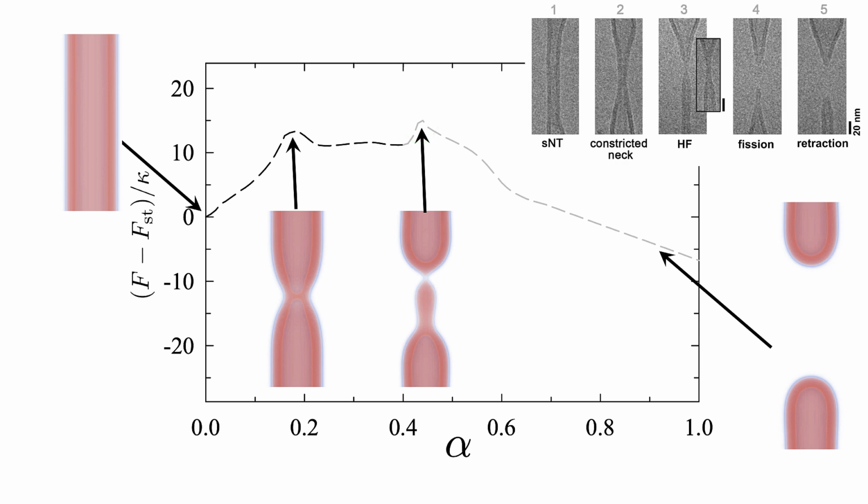I'm collaborating with researchers at the University of the Basque Country, led by Anna Chernova. She does cryo-EM experiments on membrane structures. I'll give you some more details about how she does them shortly, but for now I just want to point out that when she looks at tubes undergoing fission, she sees the main structures that I find in my model. As a theorist, it's always nice when experiments find what you predict.